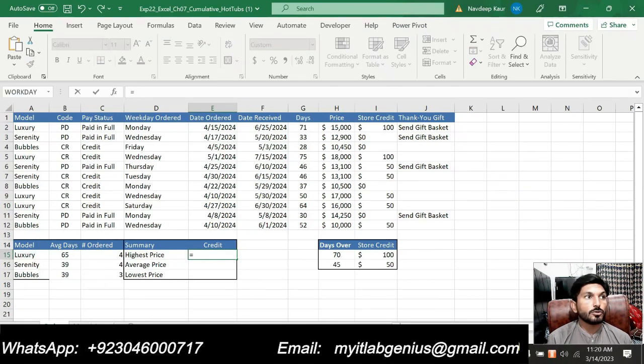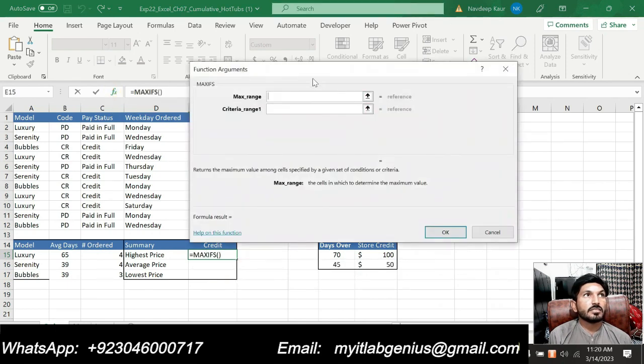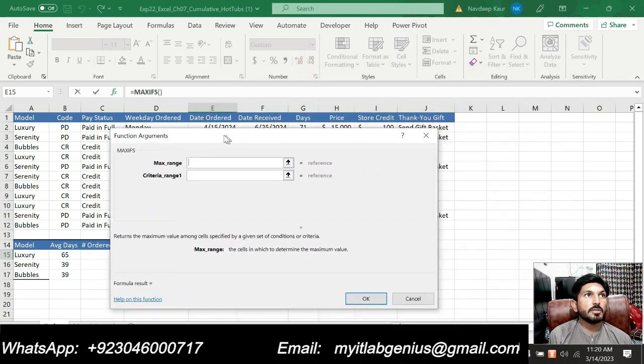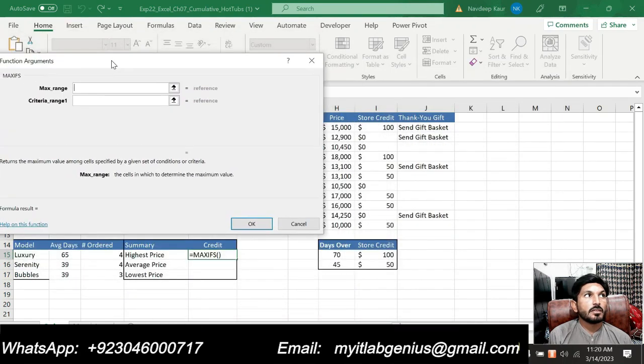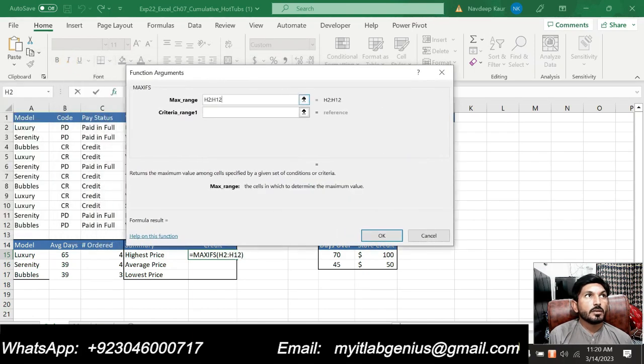So let's do this step now and use the MAXIFS function in cell E15. Type max. So this is the MAXIFS function, this one. Click on the insert function symbol. So the max range will be the price column. So that is H column, this one. We will select this one and we will type the dollar sign, or we can press F4 as well. So our criteria range will be